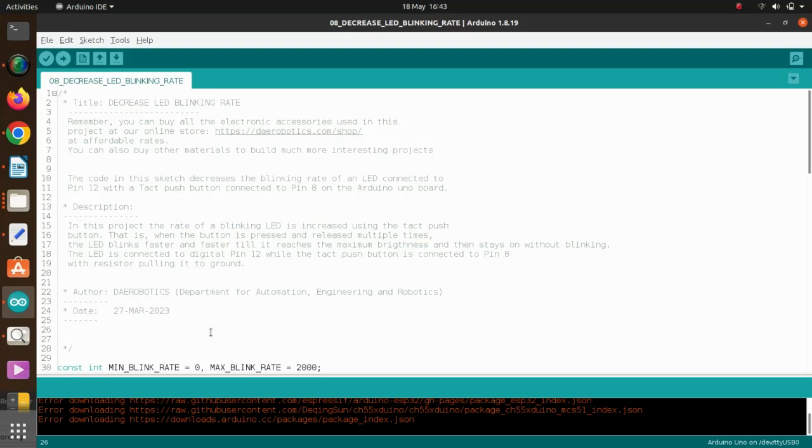Welcome to Arduino lesson 8, and in this lesson we'll be looking at how we can decrease the LED blinking rate when we press the tag push button. As we saw in the last tutorial, when we pressed the tag push button, we increased the LED blinking rate. This is the opposite. In this lesson, when we press the tag push button, we're decreasing the LED blinking rate. So in this code,